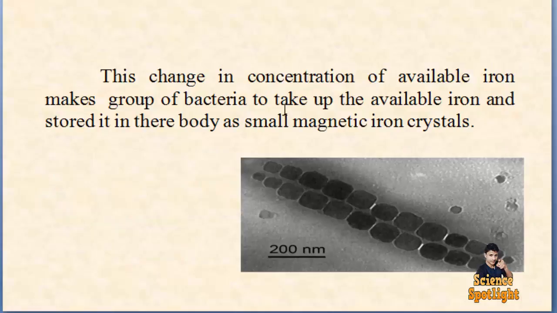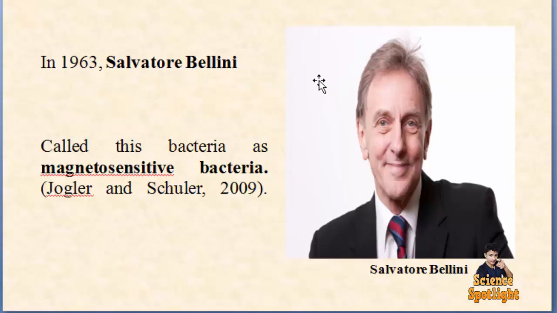And this change in the concentration of available iron led a group of bacteria to take up the available form of iron and store it in their body as small magnetic iron crystals. In 1963, a scientist named Salvatore Bellini was observing a bog sediment under a microscope, and he found that a group of bacteria evidently orient themselves in a unique direction. Later he realized these organisms moved according to the direction of the North Pole,